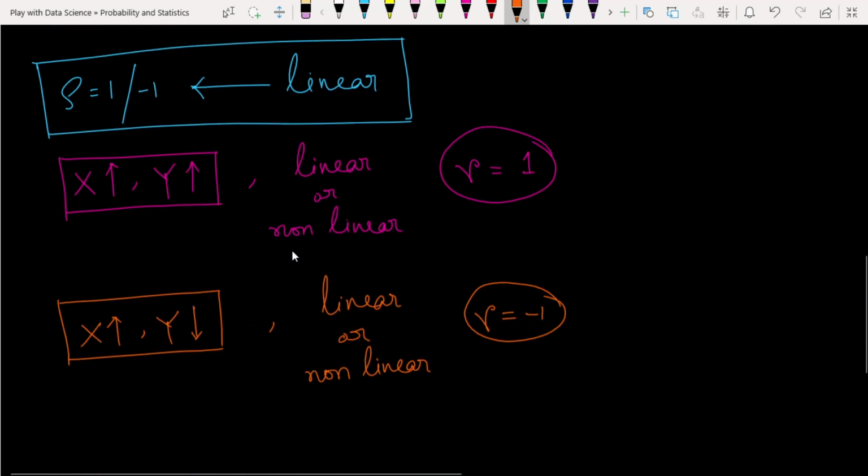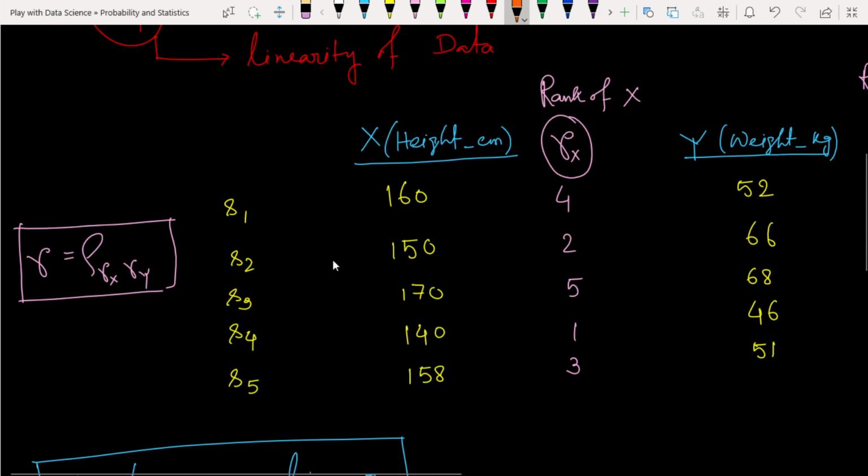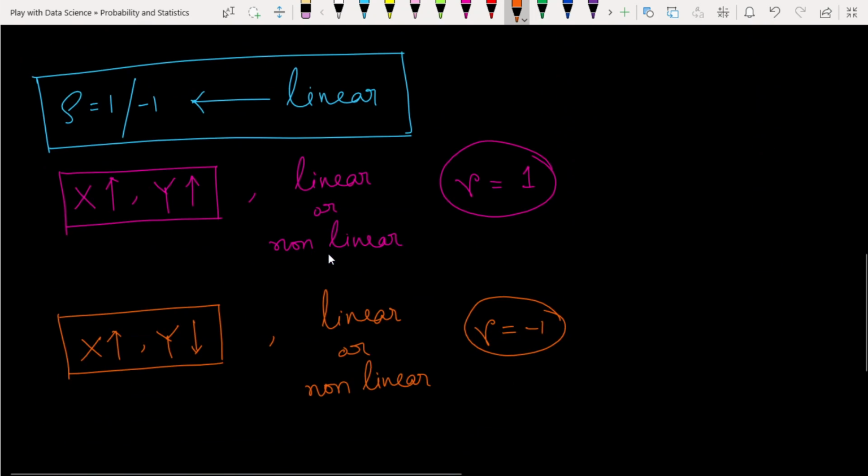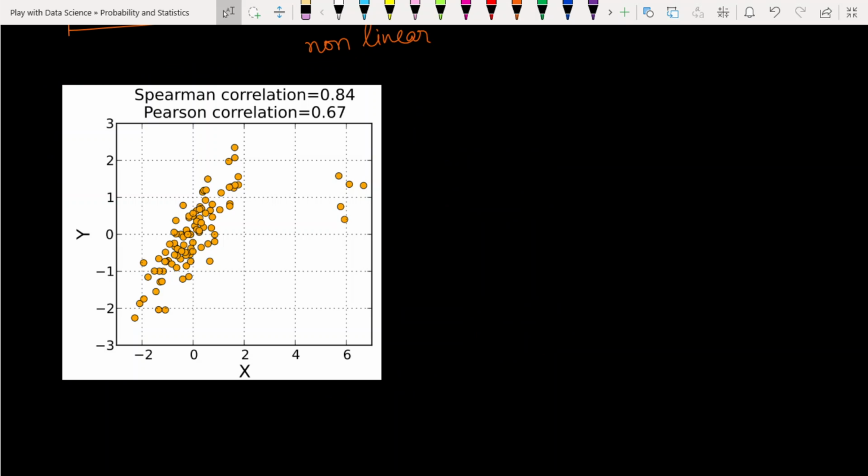I'm taking this example for understanding purposes. I am going to the Wikipedia page for better understanding. If you see the graph of this, it will be better for understanding in more detail. These pictures that you have seen here I have taken from the Wikipedia page. Just see these pictures.